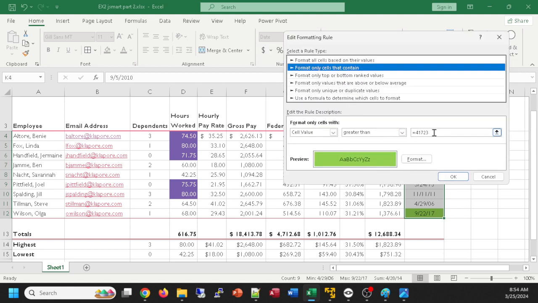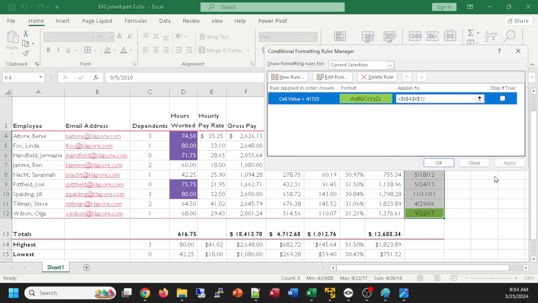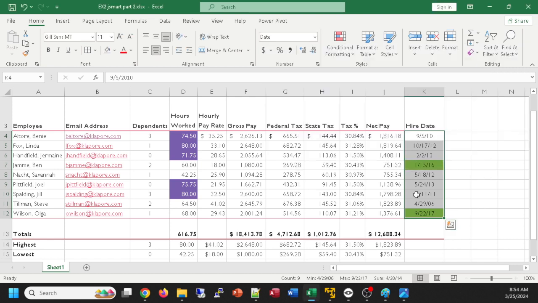And look at that, my date got turned into a number. Cell value greater than means their hire date is a larger number than, I'm assuming, the number for 10 years ago. Now if I want to do a formula there, I think I could do now minus 10 years something, but rather than try to figure out what that formula would be, I just hard copied the date, but it changed it into the equivalent number to represent that date. And that's what gave me highlighting of users whose hire date came after 10